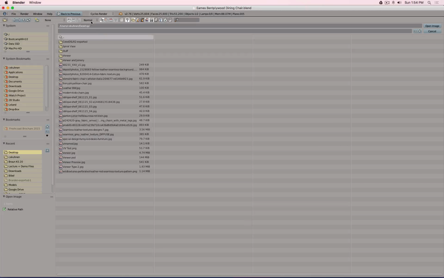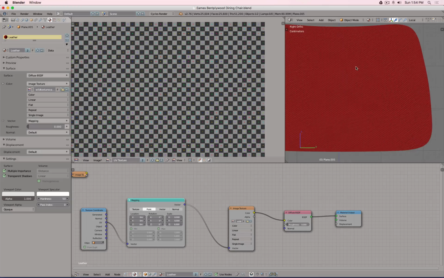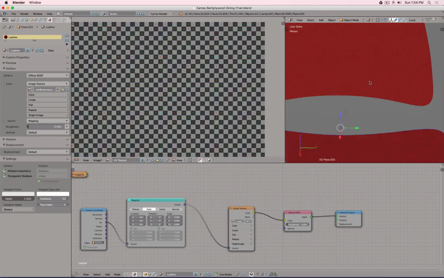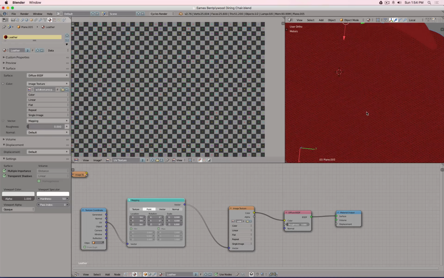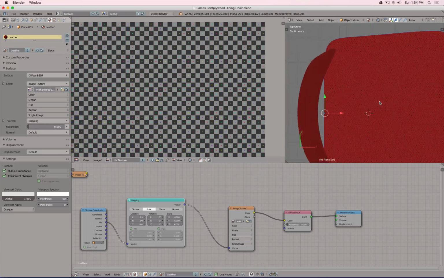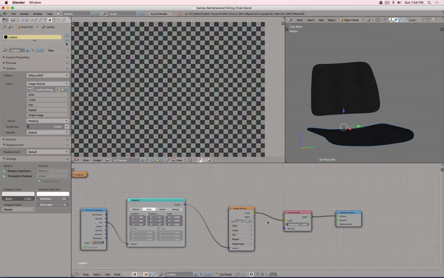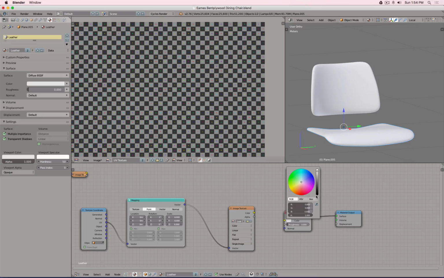Let's maybe load a different texture, maybe this one. There, looks also really nice. From the top, how does it look? Yeah, good, nice. Okay, I will go back to the black one,